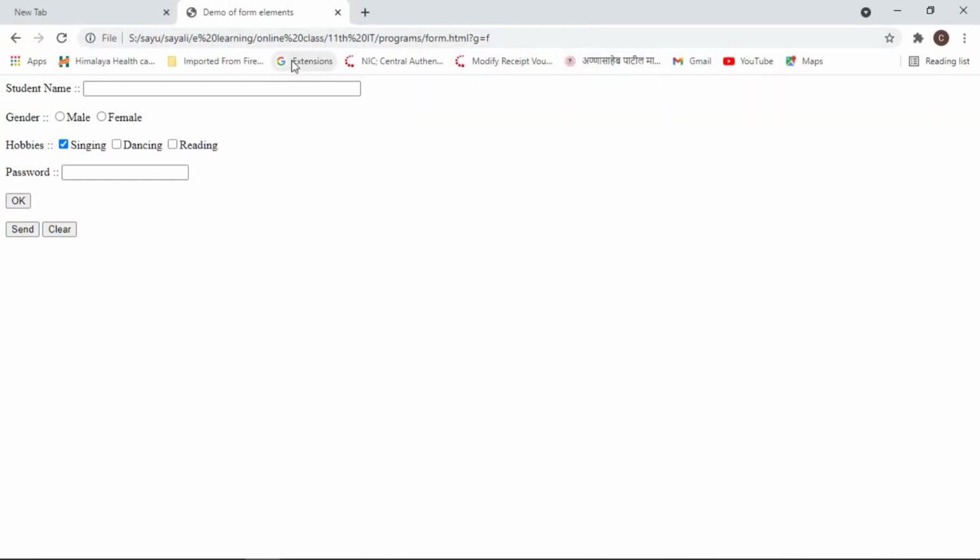Refresh the page and now enter here any kind of data. Add here one more hobby. Now the data has been submitted. Let us enter data and click on the clear button. This data will be cleared.